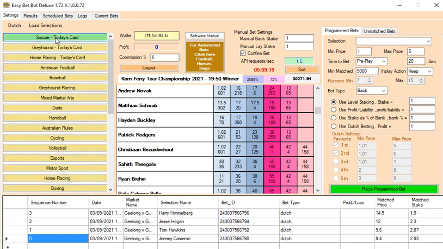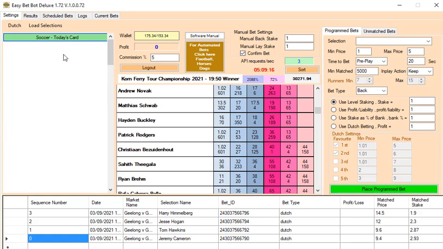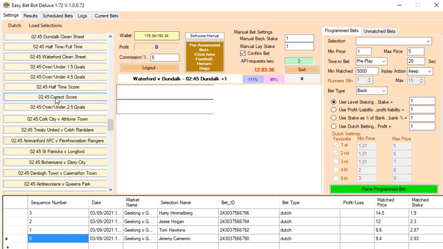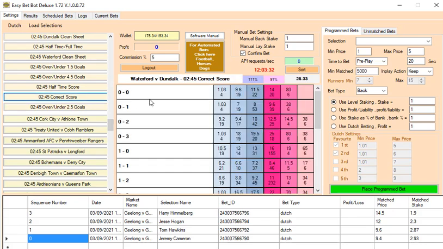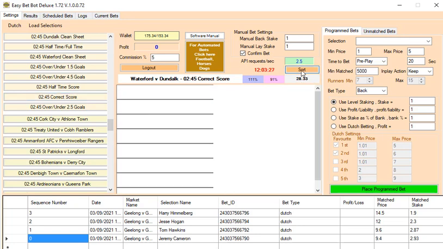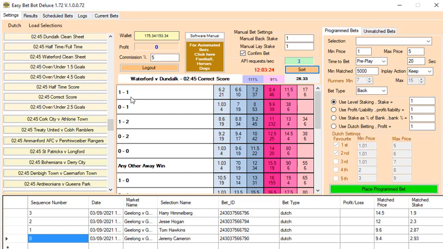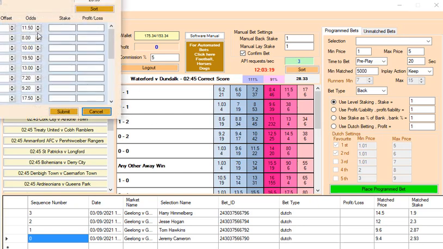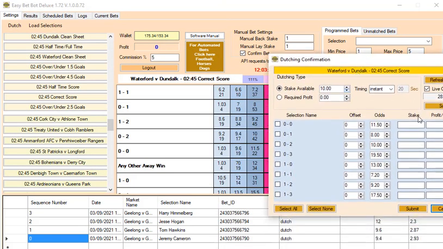You could use it on correct score. For example, you could do 5 or 6 of your correct scores and Dutch them that way. So the good thing with the correct score market here, there's not much in it, £28, so we can click sort, and there's the correct scores at the moment. So if we wanted to, we could just bring the chart over,